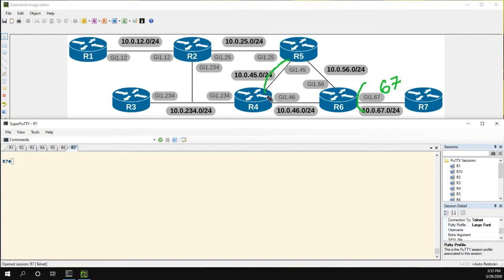These links here are going to be in area 4, 5, 6. And then everything else is going to be in area 0. Okay,